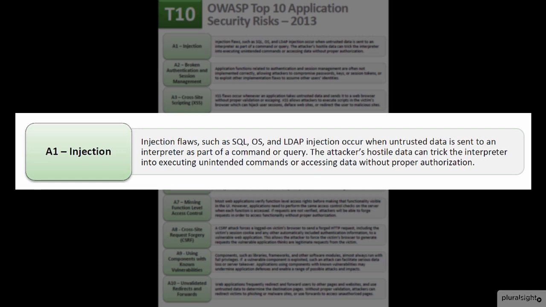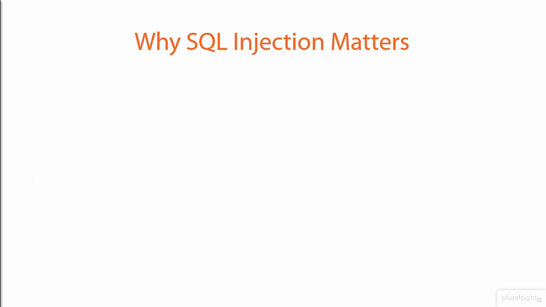So specifically to SQL injection, let's go and have a look at why this is still such a big deal. Why does it matter? Why do we still care so much about this risk that's been around for so long? I want to break this down into 4 different categories. And the first one is discoverability. And the thing about injection risks is that they are really, really easy to find.